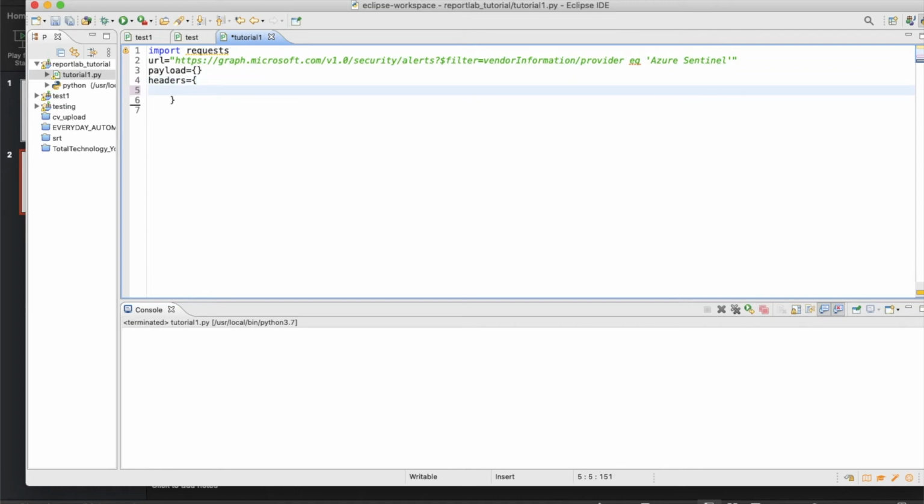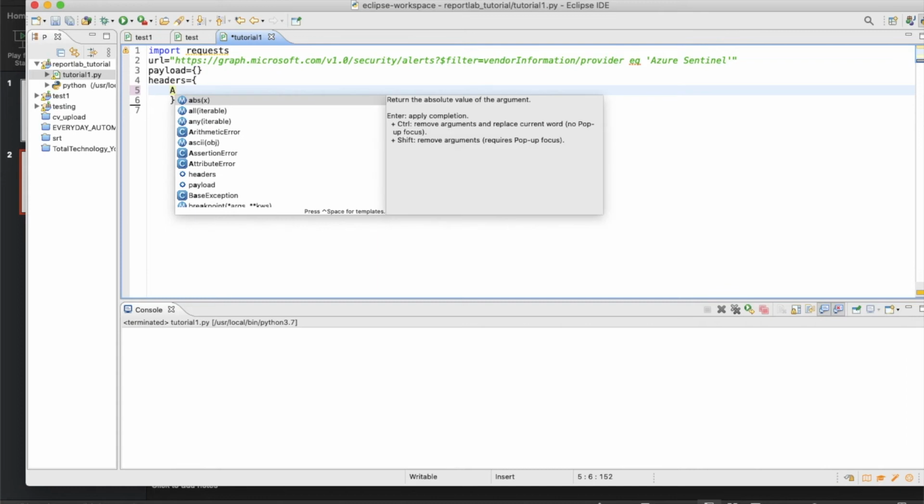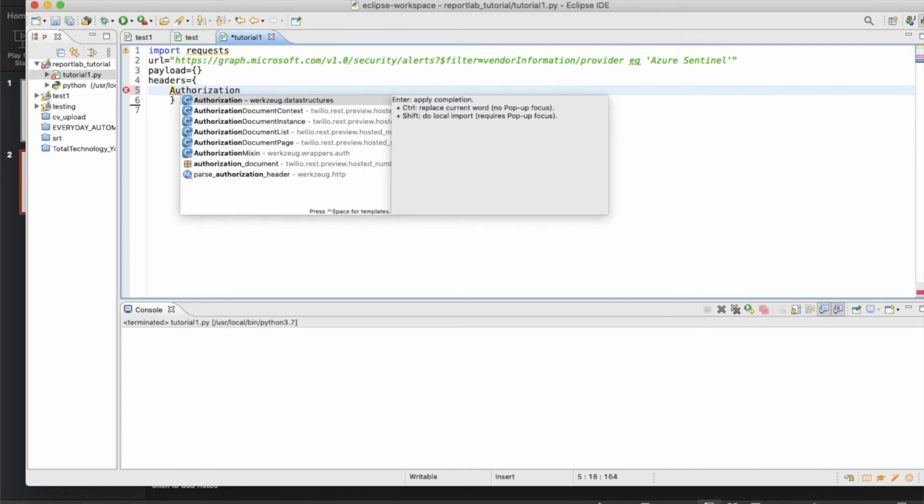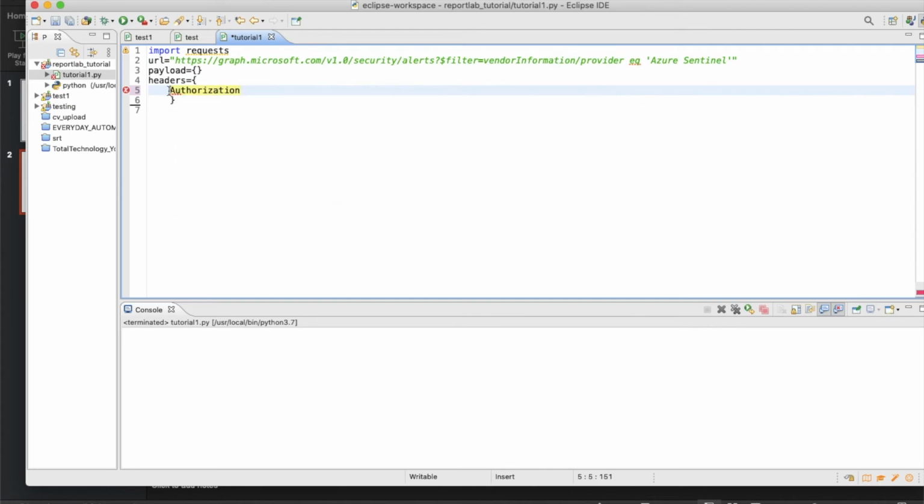Okay, so next thing will be authorization. Now how I know this thing, guys, I just came to know this while doing some practice. This is very easy. All those tricks I'm going to share in the course, because I have some time constraint.